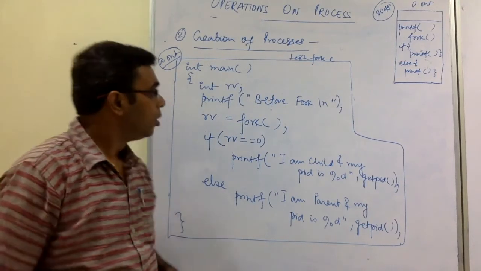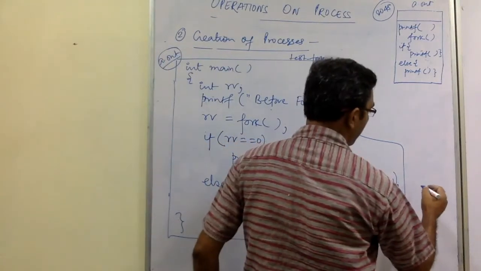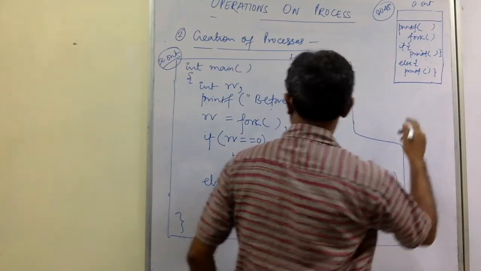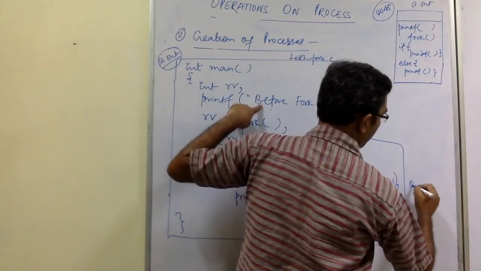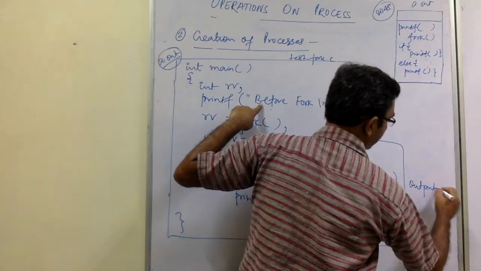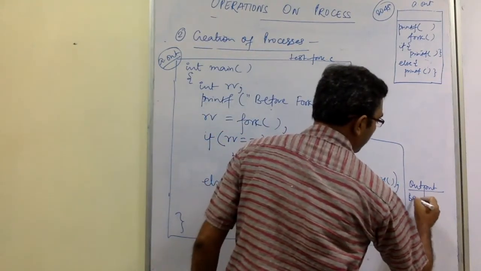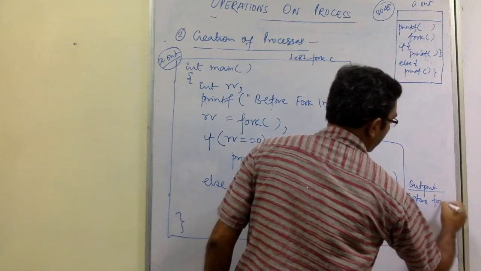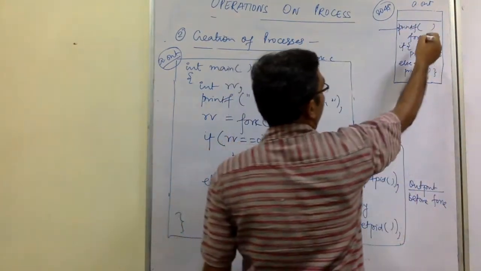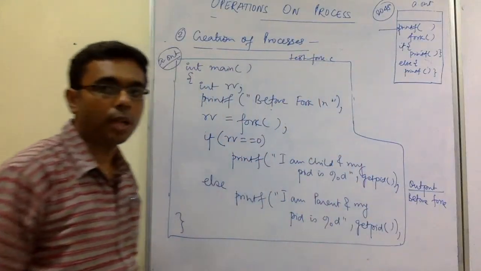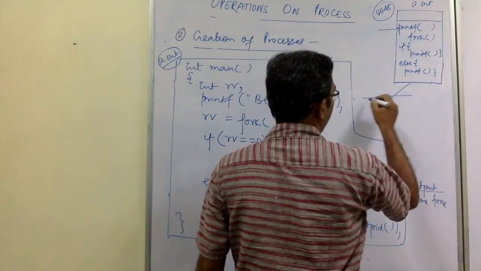Right. So the first printf statement will eventually lead to this line in the output. So let me write down the output here. It will be "before fork". So the process will execute this line first. Then we'll have a fork, which means that 2048